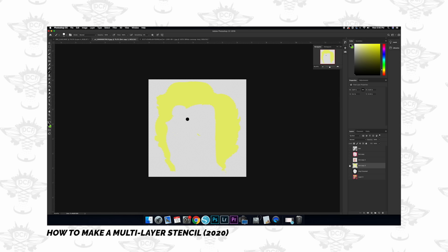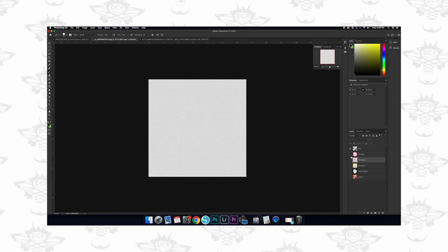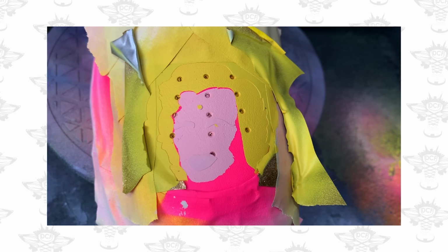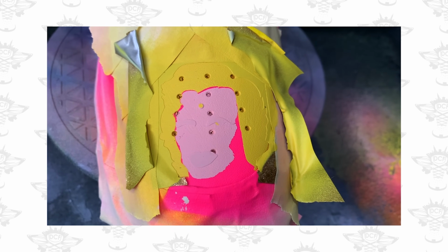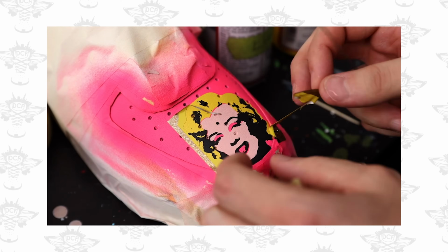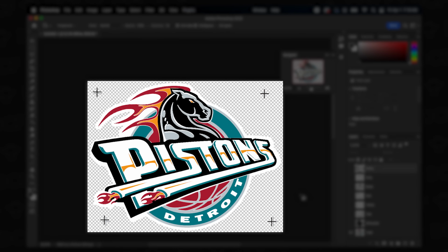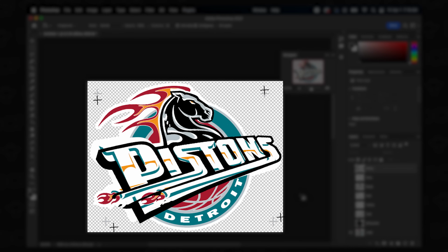The way that I did these in the past on a separate multi-layer stencil video was just by utilizing a single dot somewhere within the image, and that way doesn't work out perfectly because you're not able to double check your work aligning everything horizontally and vertically with a dot. Whereas if you use something like a plus sign, now you have vertical lines and horizontal lines that you can